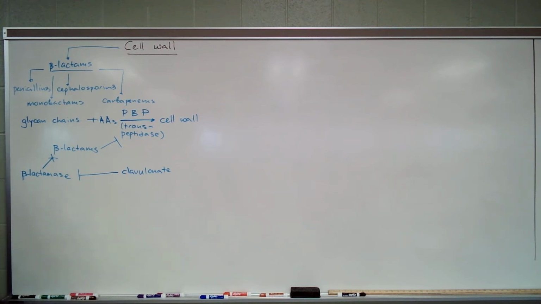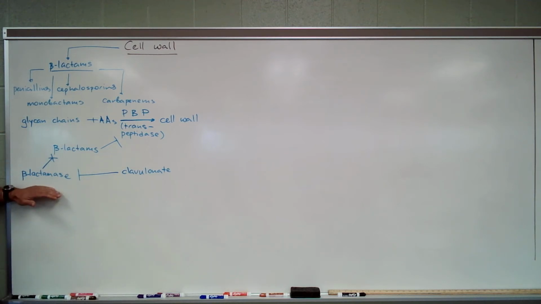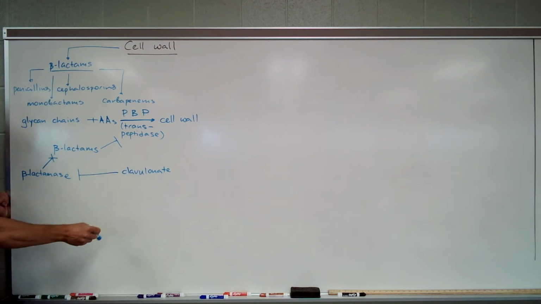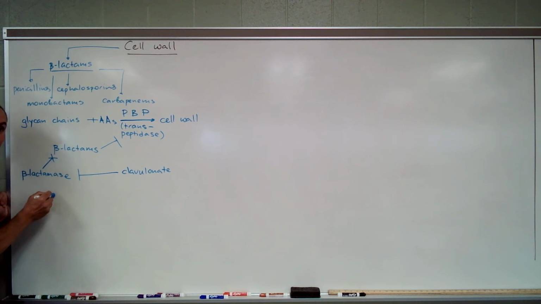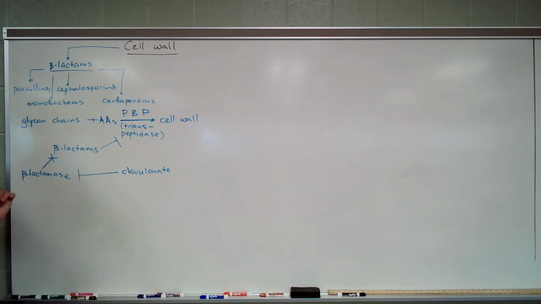So now look how it works. It's so brilliant. When you have a microorganism that produces beta-lactamase, you add clavulanate to your formulation. Clavulanate inhibits beta-lactamase, beta-lactamase leaves beta-lactams untouched, and the microorganism retains sensitivity to the drug, to penicillin or